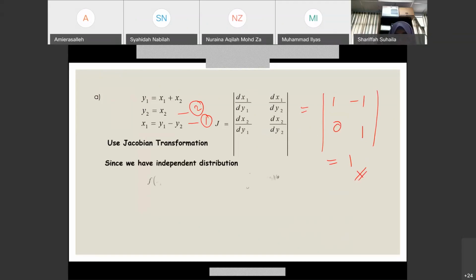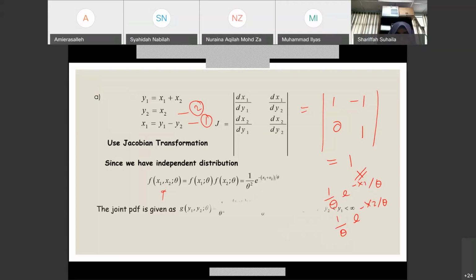Okay, so since we have independent distribution, so kita dah ada ni. So kita ada fx1, x2. So maksudnya ini adalah bivariate untuk x1, x2. So since exponential distribution tu adalah independent, so kamu boleh multiply. So kita ada 1 over theta square exponential negative x1 plus x2 over theta. Okay, sebab masing-masing dah ada dia punya PDF tadi, which is this one. Okay, and then 1 over theta exponential negative x2 over theta. So ini darab ni, kuasa dia kita tambah lah. So 1 over theta square exponential negative x1 plus x2 over theta.